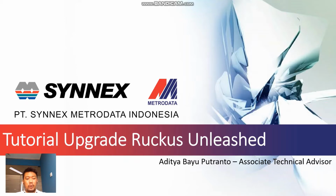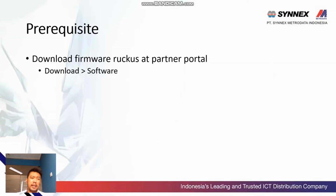And today we will discuss how to upgrade Ruckus Unleashed from standalone to Unleashed. We need to upgrade from standalone to Unleashed if we need to implement Unleashed mode in the Access Point. The prerequisite of this activity is that we need to download the Ruckus firmware at the partner portal